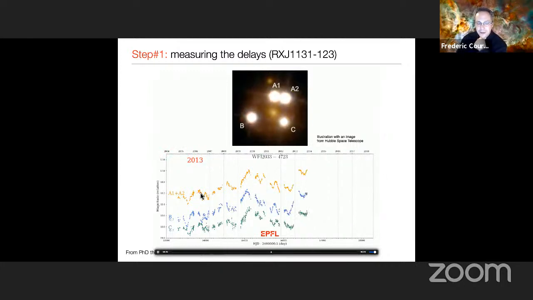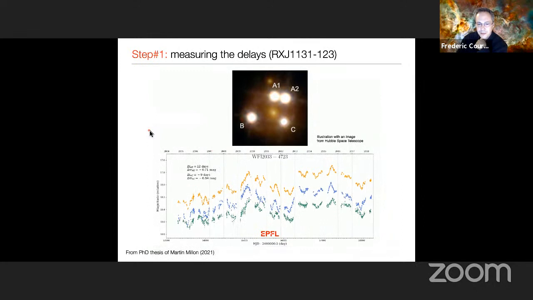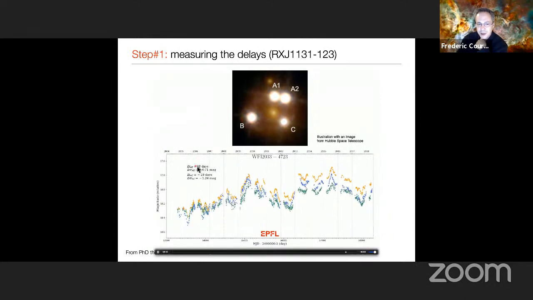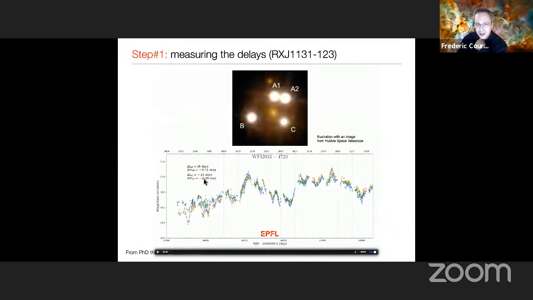So that's the different light curves. Once you get them, you shift them in flux and in time. You see the shift being done here, and you get the time delay. So you see it's of the order of a few weeks, usually between the lensed images. Now, something you see there